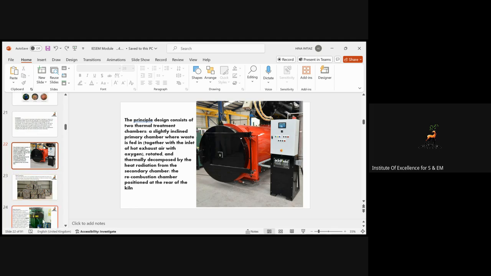Here one thing is that you are going to discard the solid waste in such a clean manner that no byproducts are formed except these types of gases, which create a little bit of air pollution. But again, it's one of the methods which has been adopted to manage solid waste.